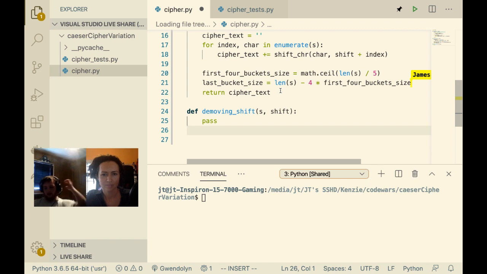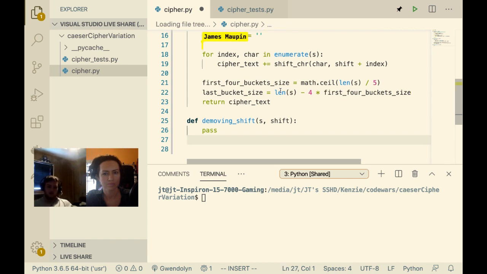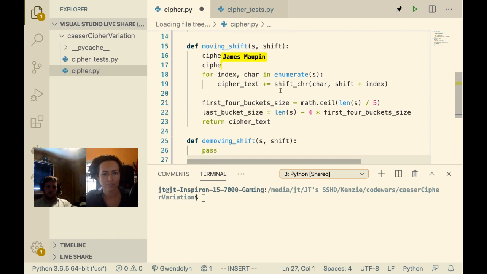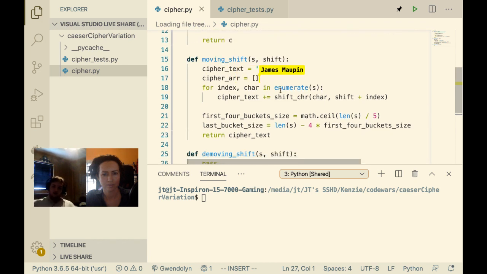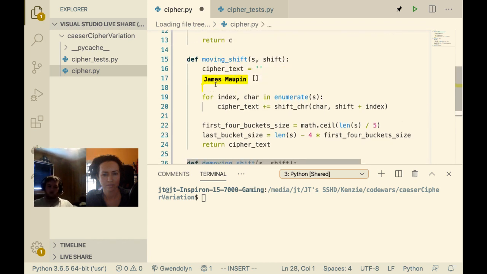Now, let's see. I think we could just do a for loop. There might be a better way to do this, but this is the easiest way off the top of my head. Create another array that we're going to return.